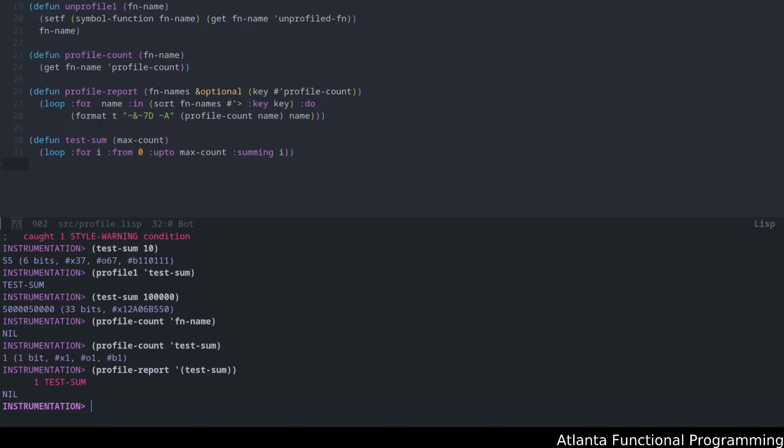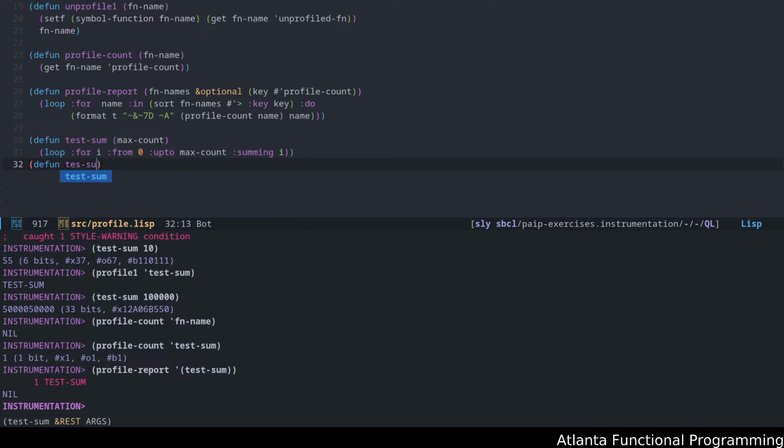Now, naturally, this doesn't have any nested calls. I could show you that by creating a simple top level thing called test sum 2 that calls test sum several times. Sorry, test sum 2 up to max count.